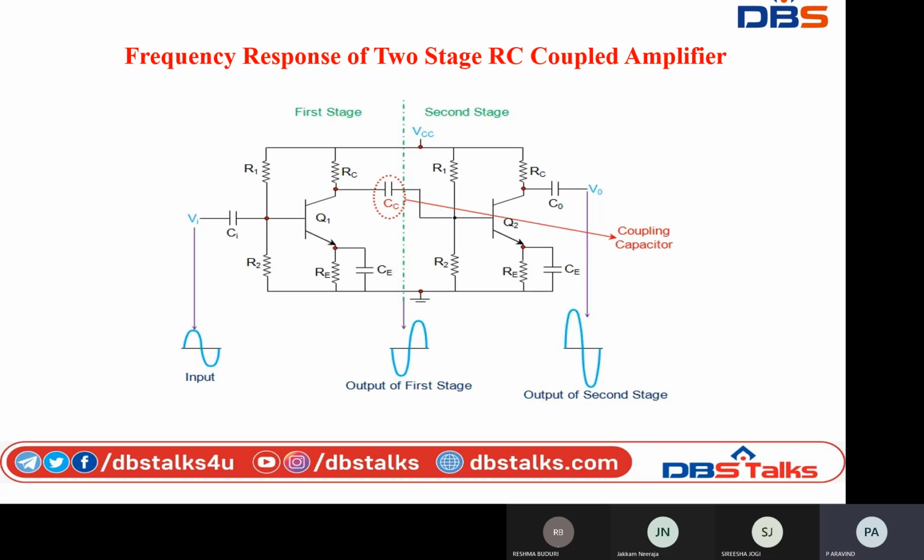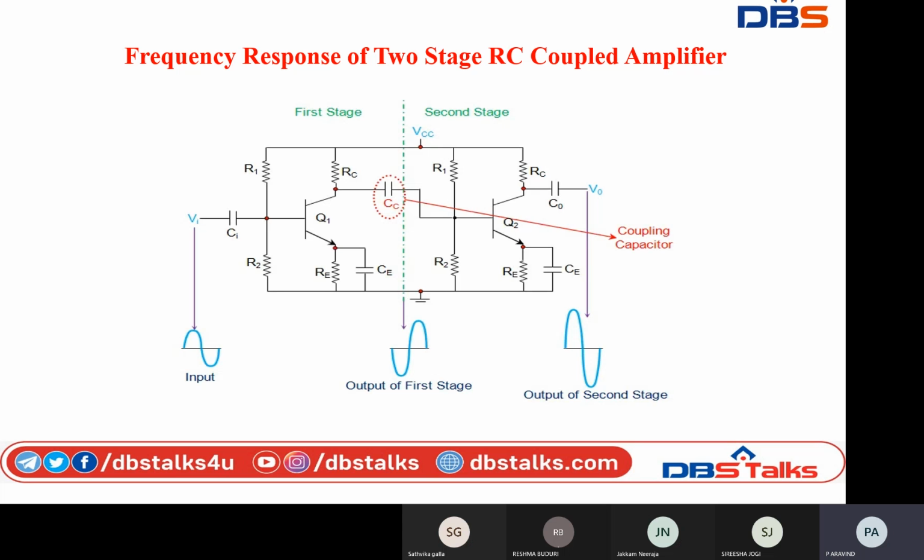okay, here the individual stages of the amplifier, that is stage 1 and stage 2, are connected together using a resistor and capacitor combination, right? See, RC and CC, resistor and capacitor combination. That's why we bear its name, that is RC coupled, right? So by using a resistor and capacitor combination, we are going to connect the two individual stages of the amplifier.